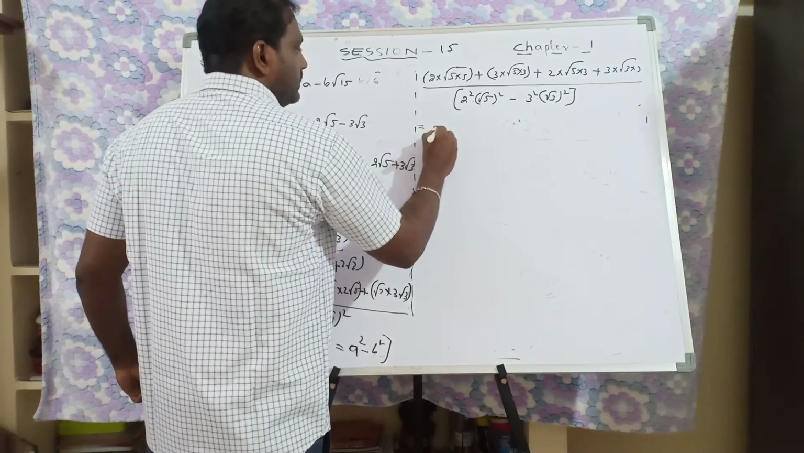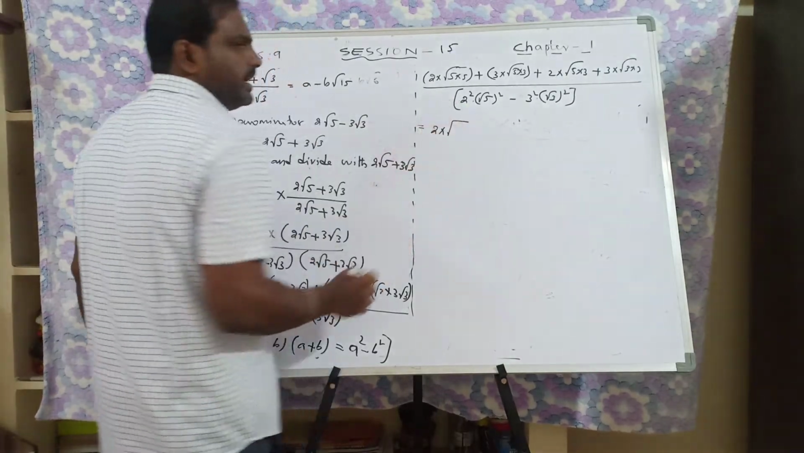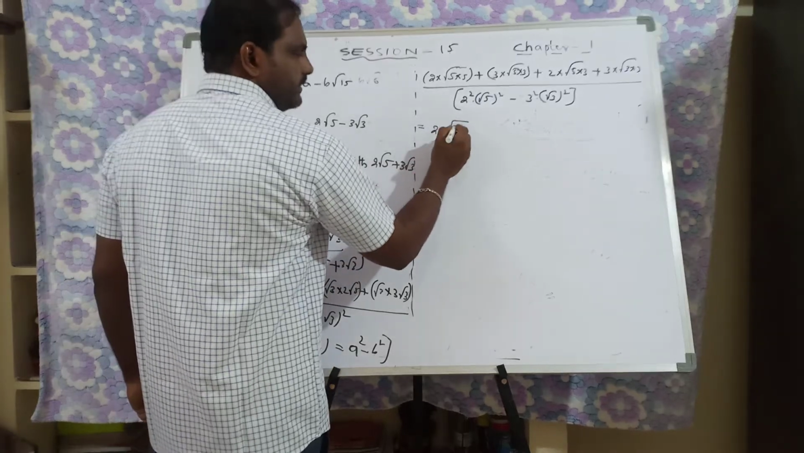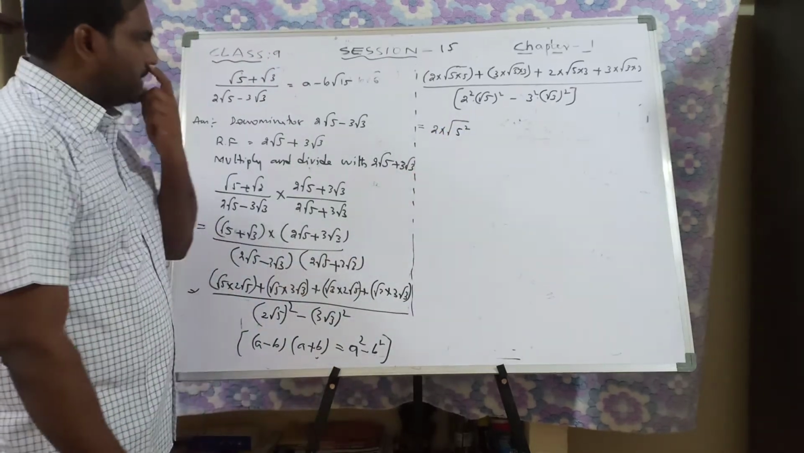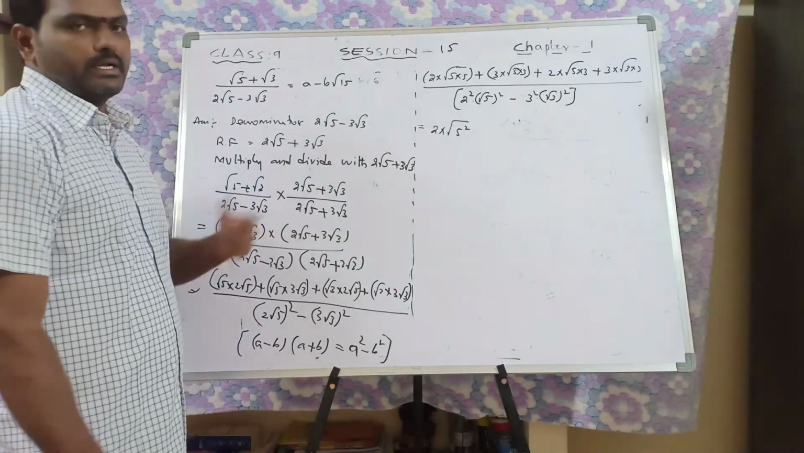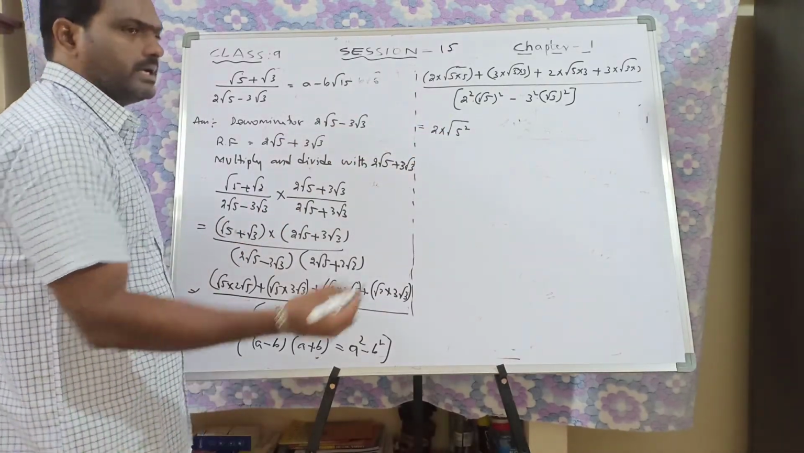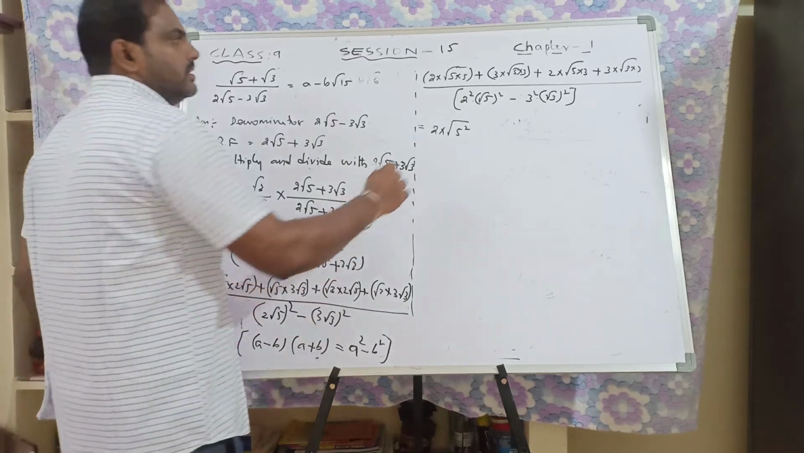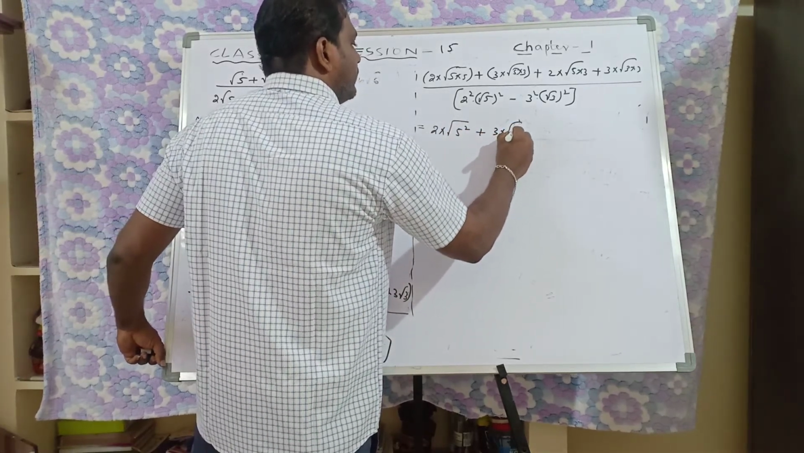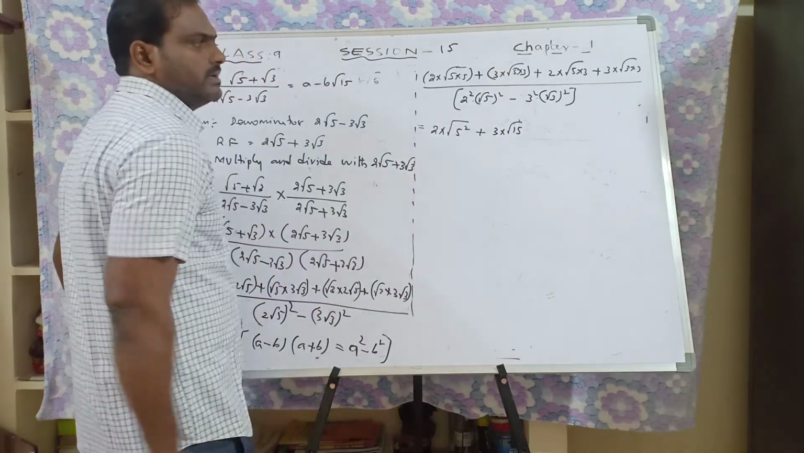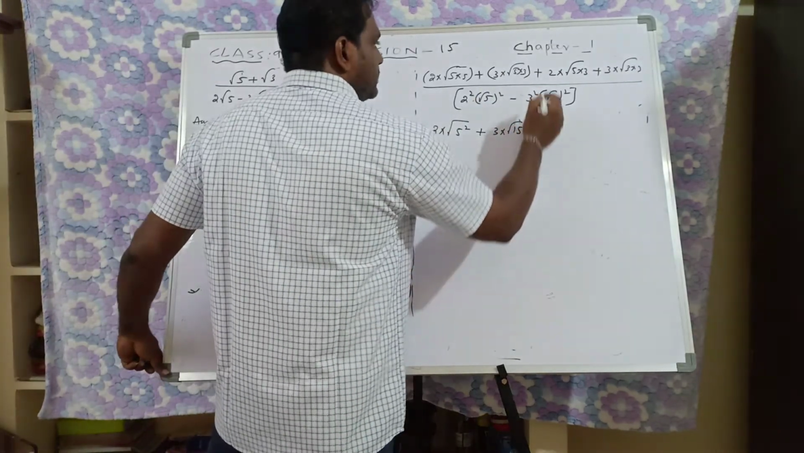Next I will get 2 into, look at this, 5 into 5 can be written as 25, or I can write it as 5 square. Why I am writing 5 square is that this square root may cancel. For my convenience I am writing it, or you can write 25 also. Both are the same. Plus this one, 3 into root 15. 5 3s are 15. Plus this one